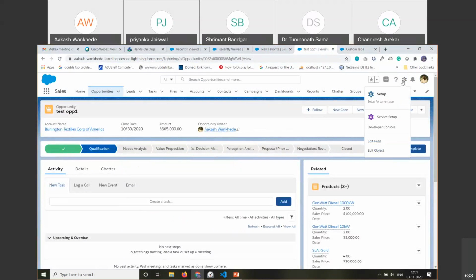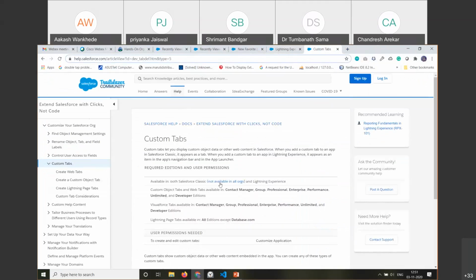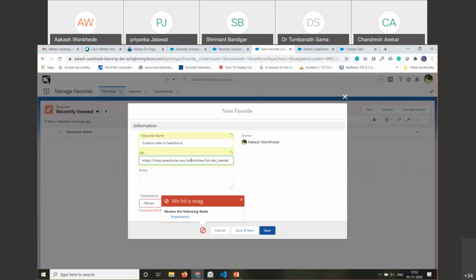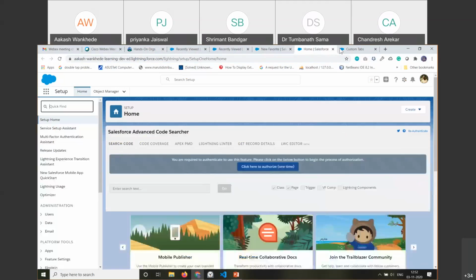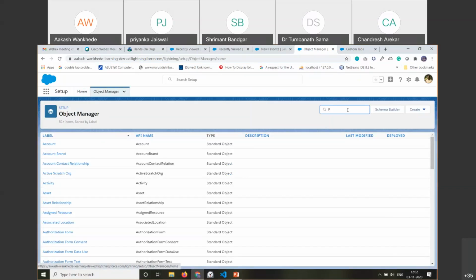Again, one more thing. If I go back to setup, this is the article related to custom tab. I am just storing the URL for this article. Oh, favorites. Just storing this URL over here, and then clicking on this. If I want that object manager, going to favorites,